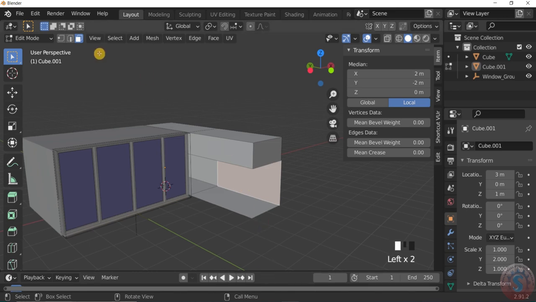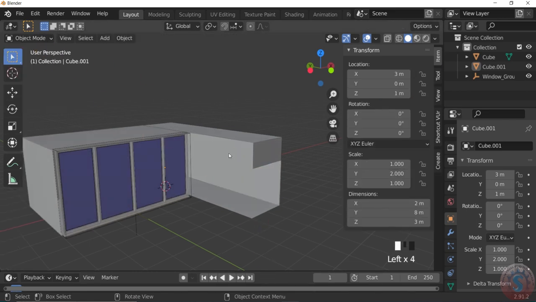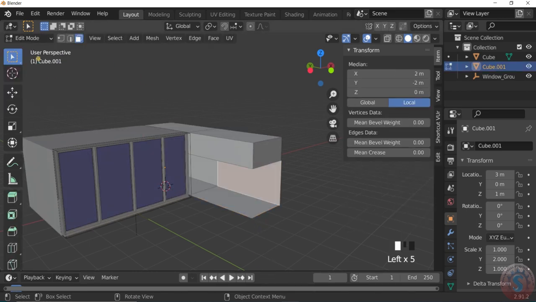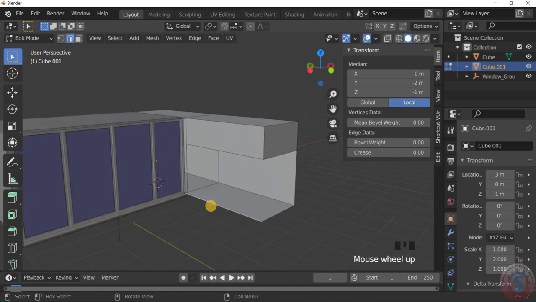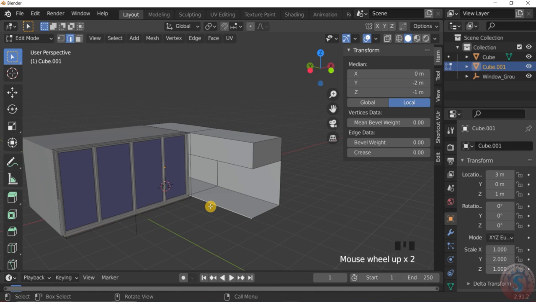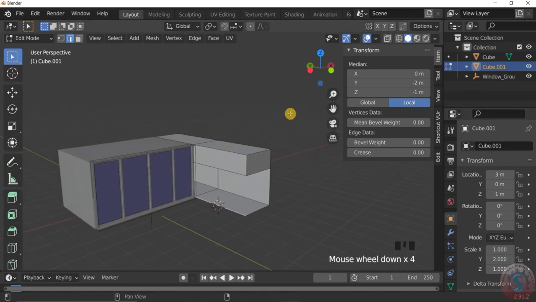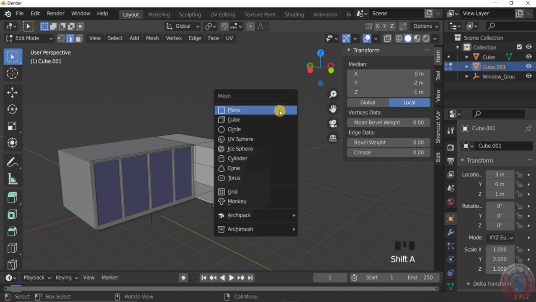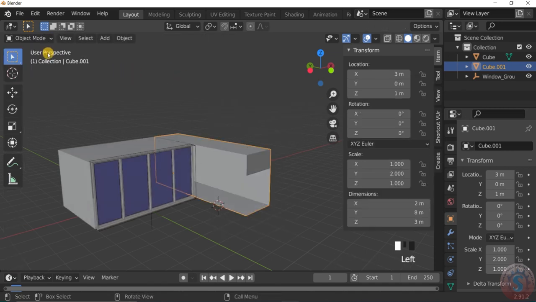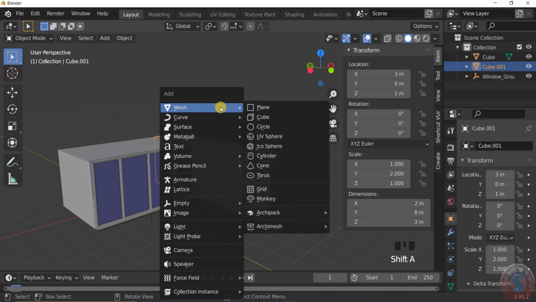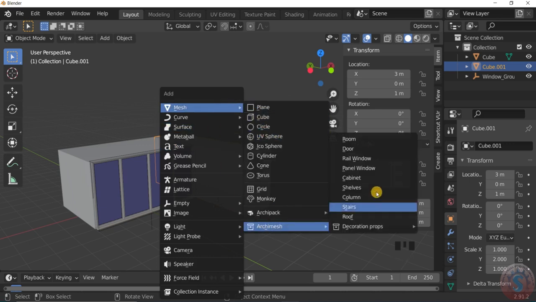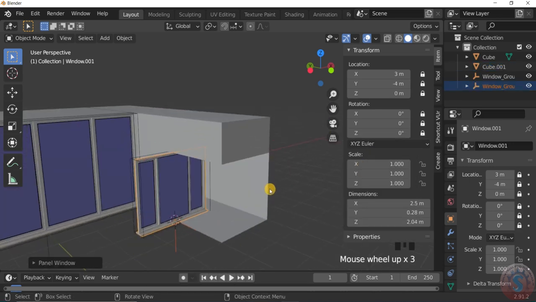cube by going to the object mode, select the cube, go into the edit mode and select the edge. After selecting the edge, Shift S, cursor to selected, and go into the object mode, and Shift A, go into the mesh or key mesh and go into the panel window.